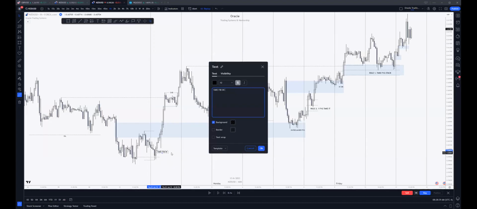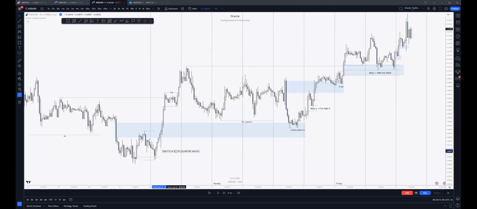Take fib, take FEG in 50% of, I don't know what you would call that, before the impulse, right? Because we pushed up, pushed out of it, we've come back into this region, continued,